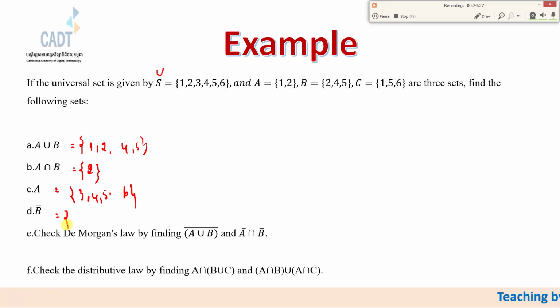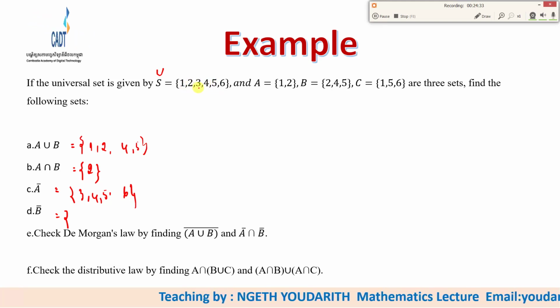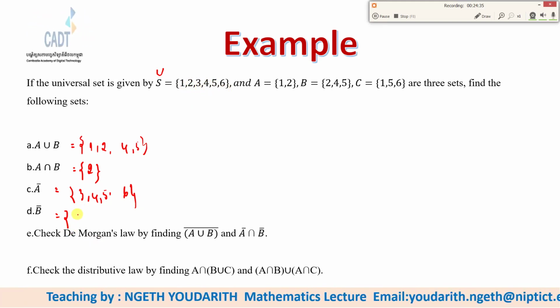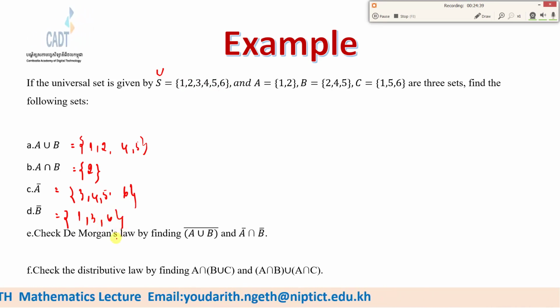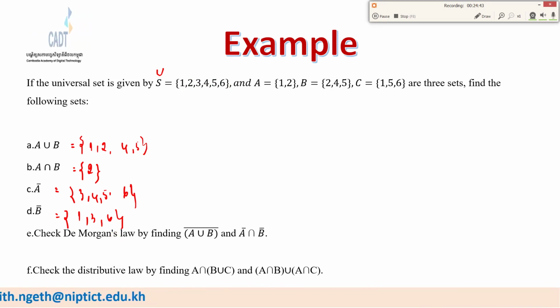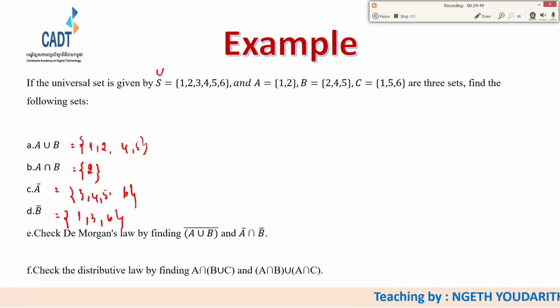And the complement of B, B is 2, 4, 5. So what we don't have is 1, 3, and 6. So this one is 1, 3, and 6. This is the complement of B, complement of A, A intersect B, A union B. About the distribution law, distribution law means that